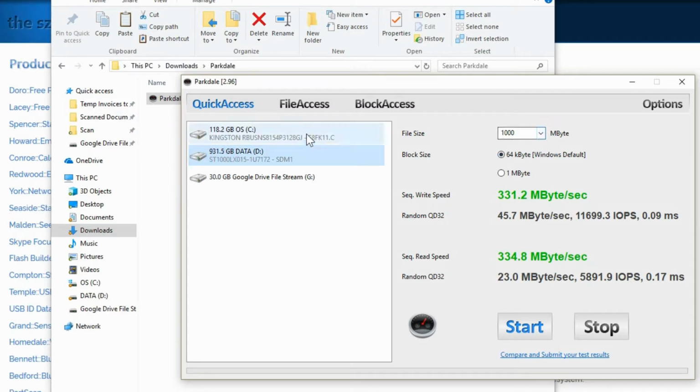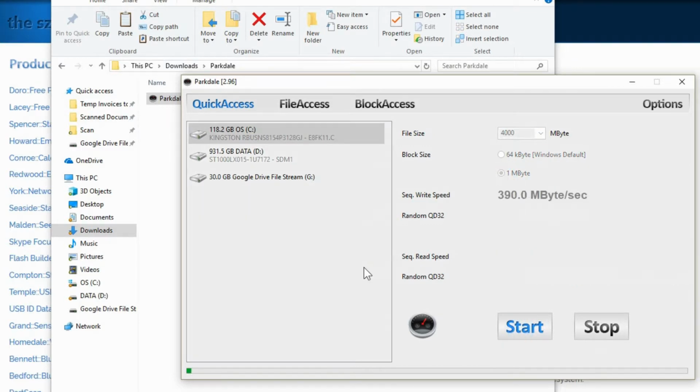Now if I wanted to, let's just stick with the C drive again, and just for the sake of it, looking at these numbers, we're going to switch to 4000 megabytes and a 1 megabyte block size and see what the speeds work out to, if it's going to be close to the same.